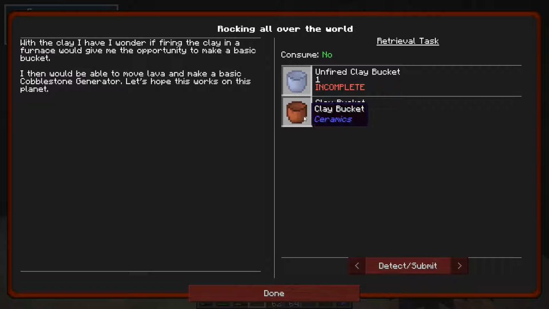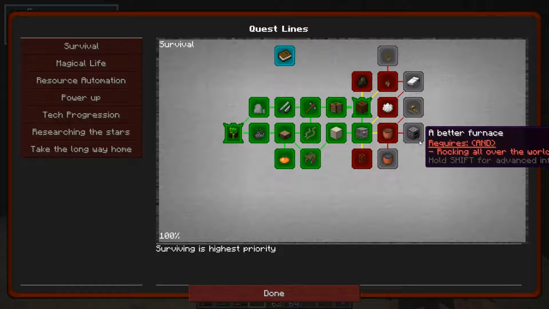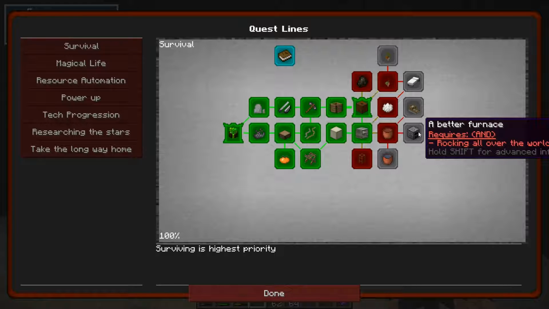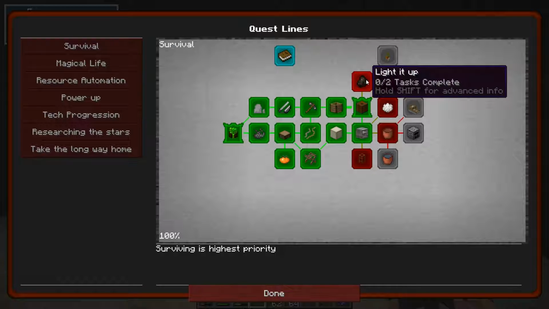Okay, what about the bucket? With the clay I have found, I wonder if firing the clay in a furnace would give me the opportunity to make a basic bucket. I then would be able to move lava and make a basic cobblestone generator. Let's hope this works on this planet. Ooh, that gets us to the better furnace, which I like and don't like at the same time because it'll require the wattle and daub. But it will let us move around water,